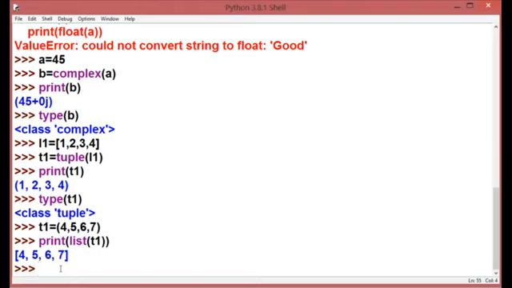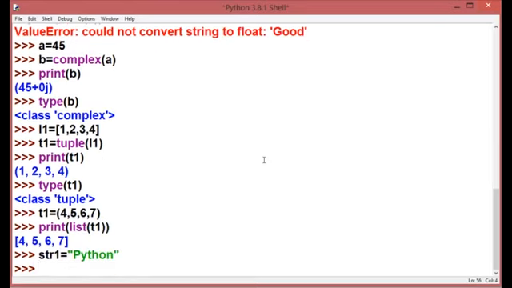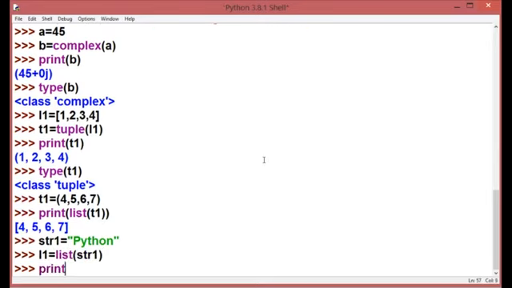Another thing that we have seen is how we can convert a list into a tuple and a tuple into a list. Another thing is that we can convert a string also into a list or tuple. So I'm going to accept one string and I will be converting it into a list. So list of str1, right? Now I'm going to print my L1.